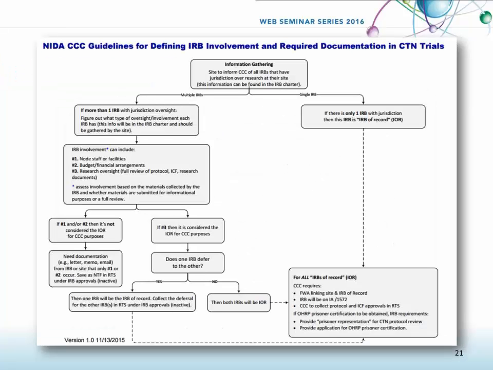Another tool, this is something that the CCC created last year, and we really wanted to help sites identify what constitutes an IRB of record and what are the required documents for an IRB of record for the purposes of a CTN trial. So we got a few regulatory specialists together. We really went over the requirements and put them down in a very user-friendly, easy-to-use flowchart that can help when you're trying to figure out if you really have one IRB or 2 IRBs for the purpose of a specific study in the